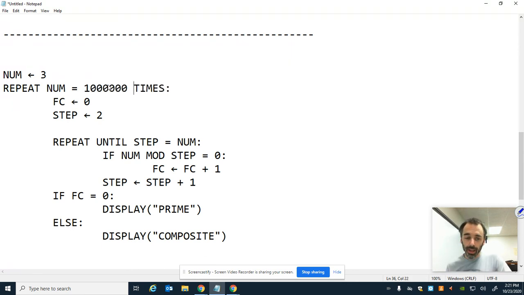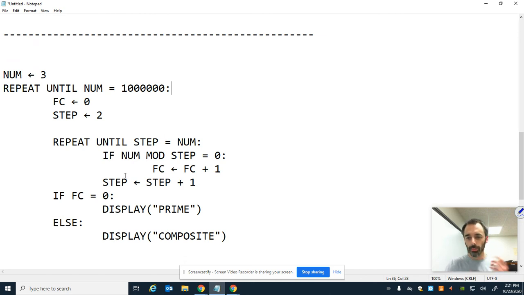That's better. Hey, repeat until num equals a million. So it starts off at 3, and I'm going to check every number from 3 to a million. And when I check 3, let's see, I have a factor count of 0, step is 2, and repeat until